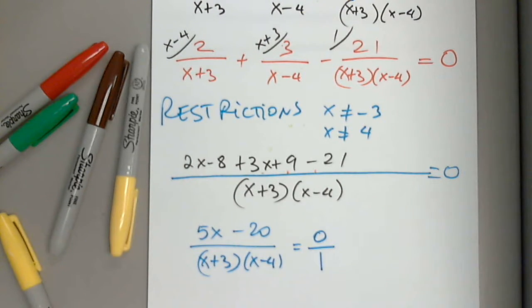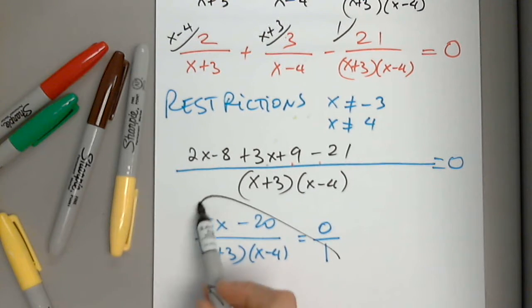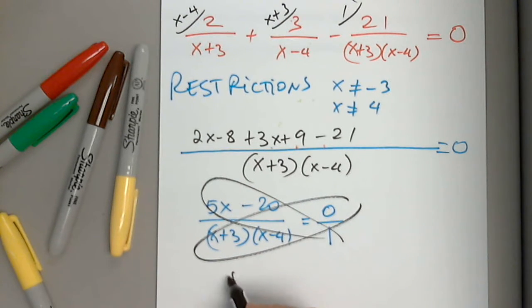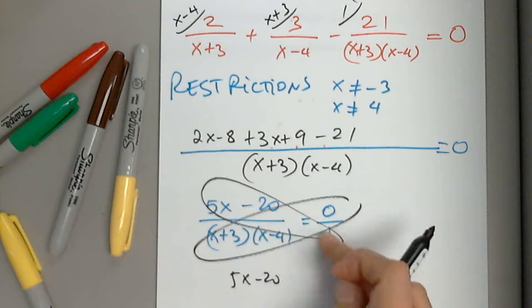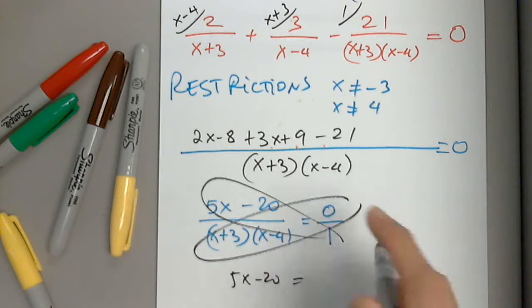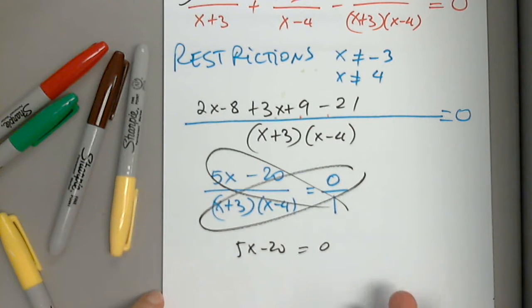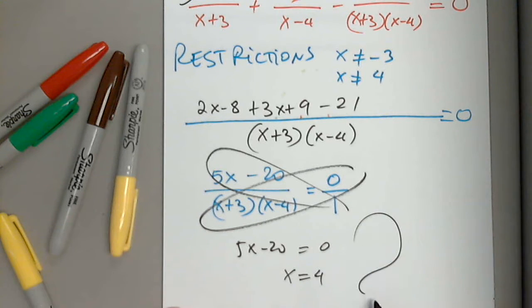0 over 1. This is a reminder that I managed to change that complicated rational expression into a proportion in which I can cross multiply. Very good. So what do we get? I have 5x minus 20, which must equal 0. I add 20. It's a linear equation. I get x equals 4. It's a big question mark